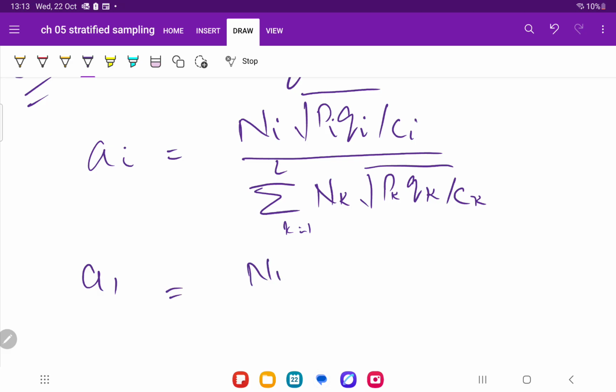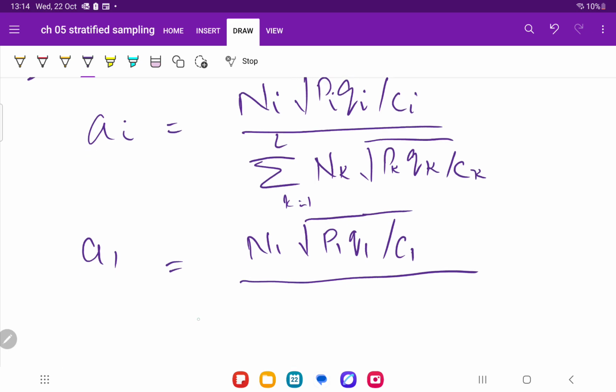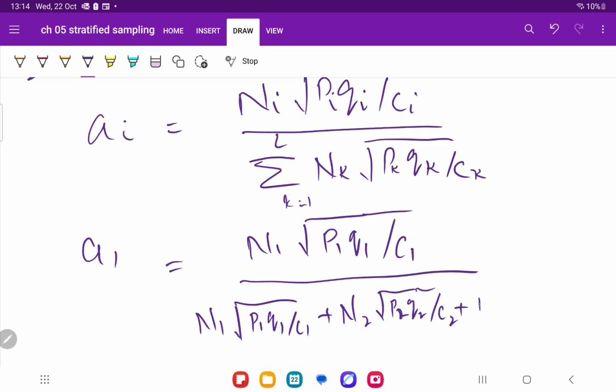So A1 is N1 square root of P1 Q1 divided by C1, okay, C1, not Ci, and divided by N1 square root of P1 Q1 C1 plus N2 square root of P2 Q2 divided by C2 plus N3 square root of P3 Q3 divided by C3. Okay, so it means that for each A1, A2 and A3, the denominator will remain the